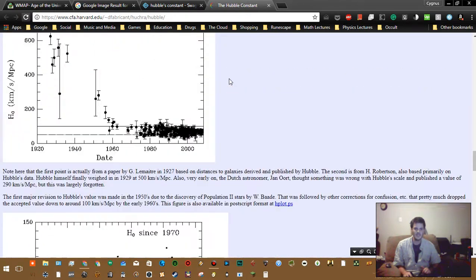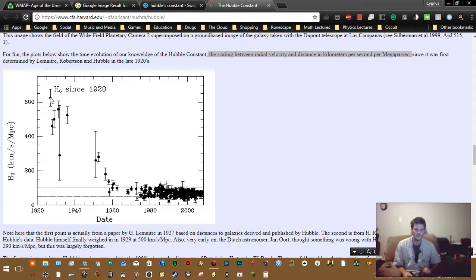So we can see, actually, let's take a step back. Look here, the Hubble constant has been converging on a range of values since the idea was first conceived that as you go further back into space, things move away faster. It used to be, they thought, wow, it was moving away at like 600 kilometers every megaparsec you go back per second. Remember that. It's a velocity. It's a recession velocity. It's how far away the thing is getting from you and how fast.